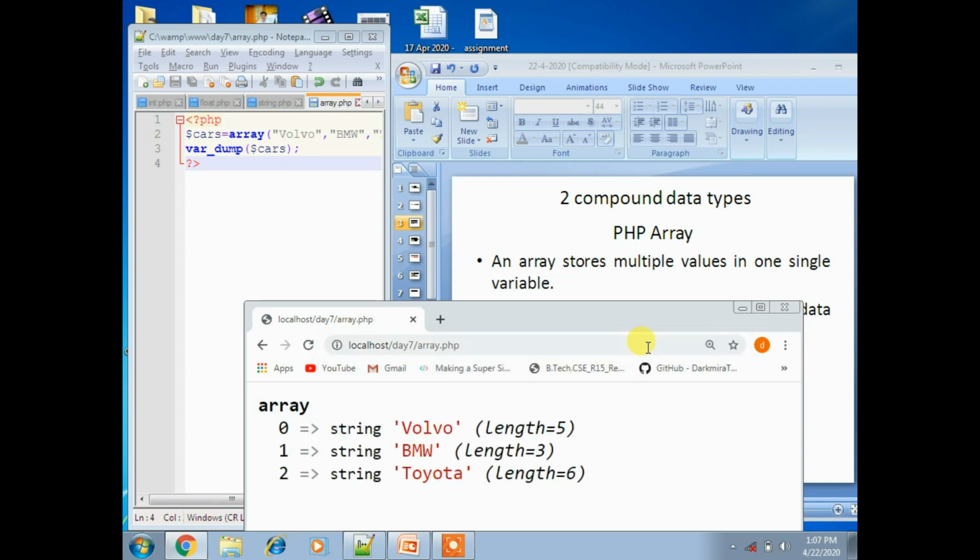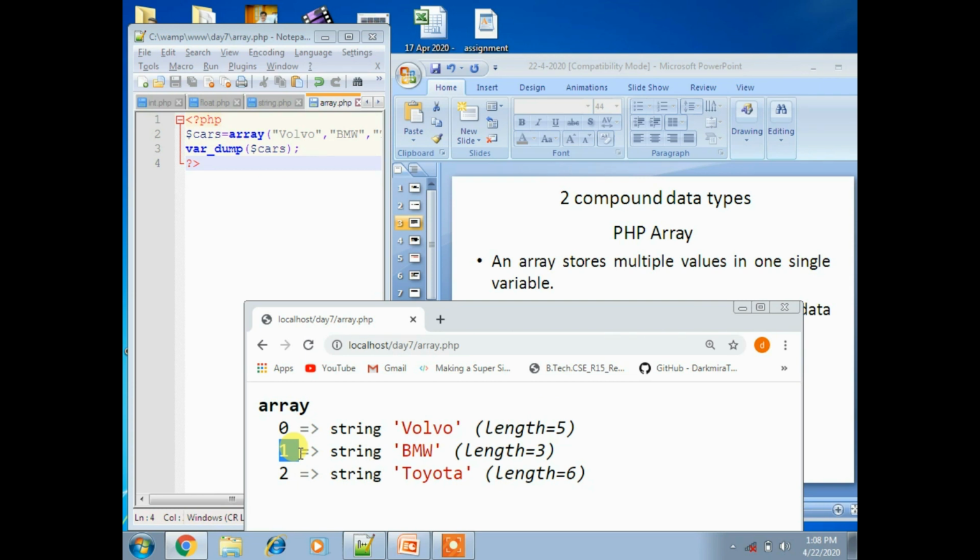You'll get the index value, that is called index value 0, and what is the value of that array? First one Volvo, which has length 5, and next one indicates the second word, that is BMW, which has length 3.